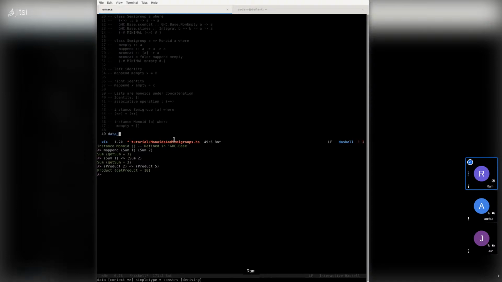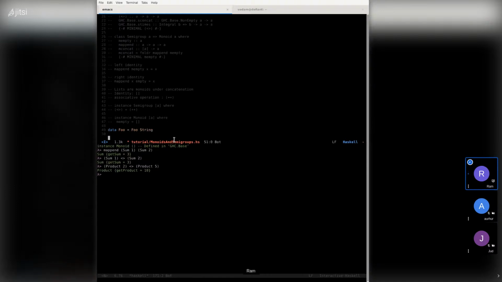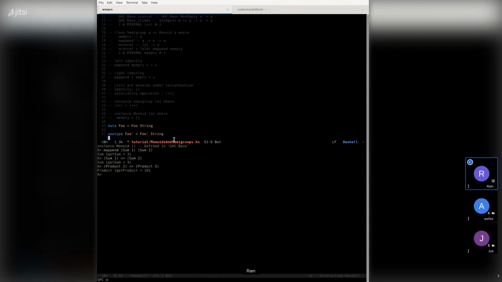So you could define, say, some data constructor Foo as in Foo String, but this is the same as if you actually defined a type called Foo prime, equal to Foo prime of String.